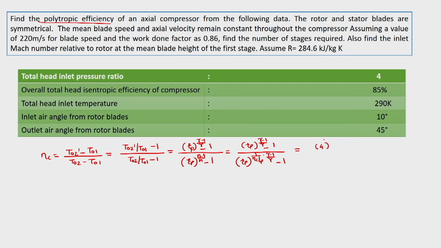Pressure ratio is 4 raised to (1.4 minus 1) divided by 1.4, and here also it is 4 raised to (compressor's polytropic efficiency) into (1.4 minus 1) divided by 1.4, equal to 0.85. Here we just don't know the compressor's polytropic efficiency, and this comes out to be